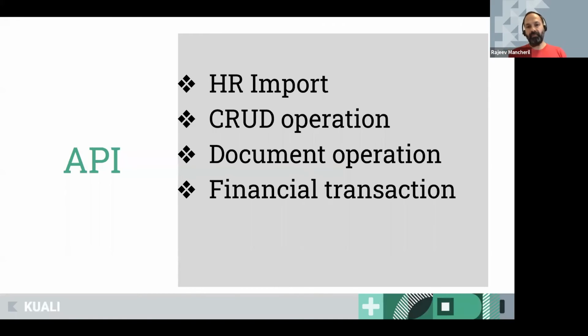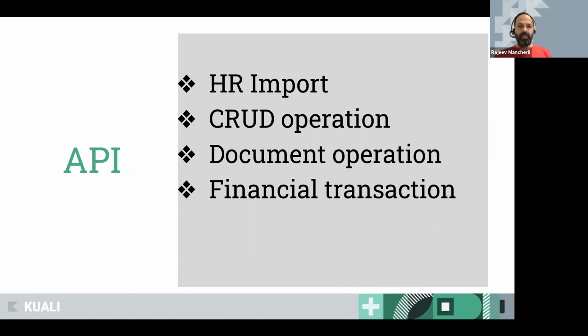The first one is HR import. Basically, we have an option to integrate with your local HR system. It could be any system that's available, but the HR endpoint is expecting the data in XML format. We can use those APIs, which we'll go through in the next slide, and you can upload that file, which will process the user information and persist it in our identity management system.